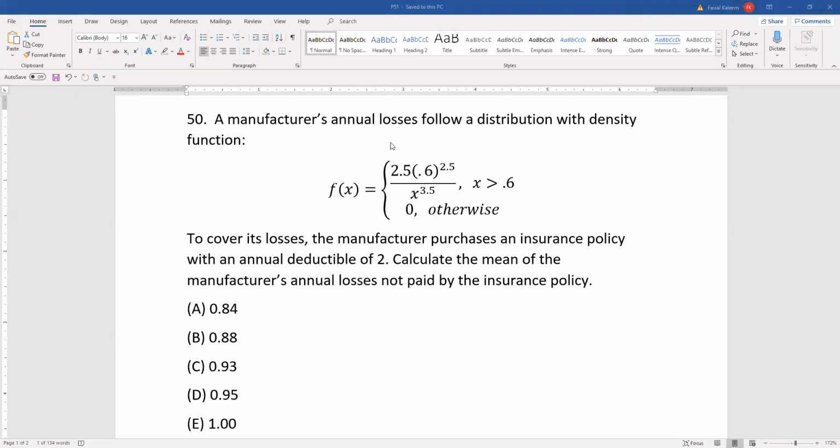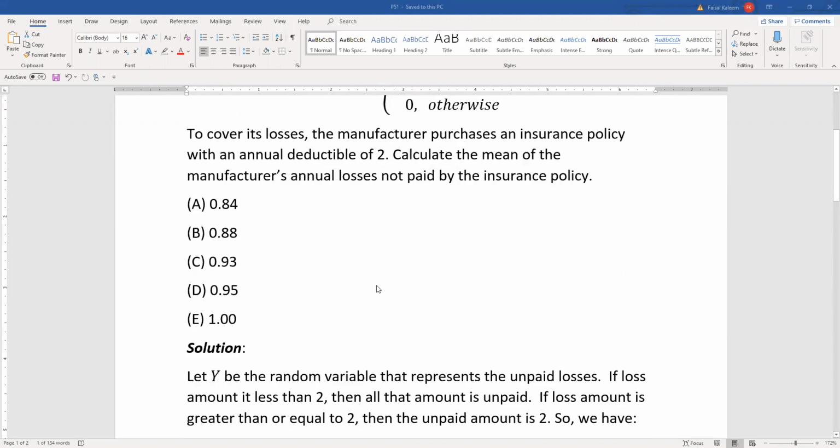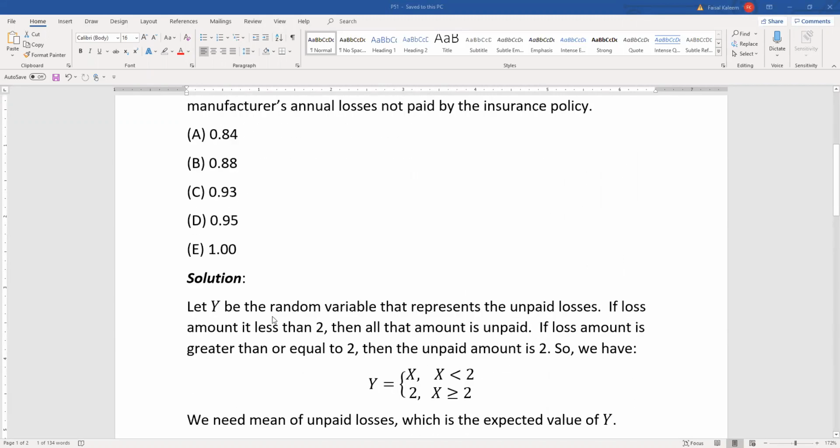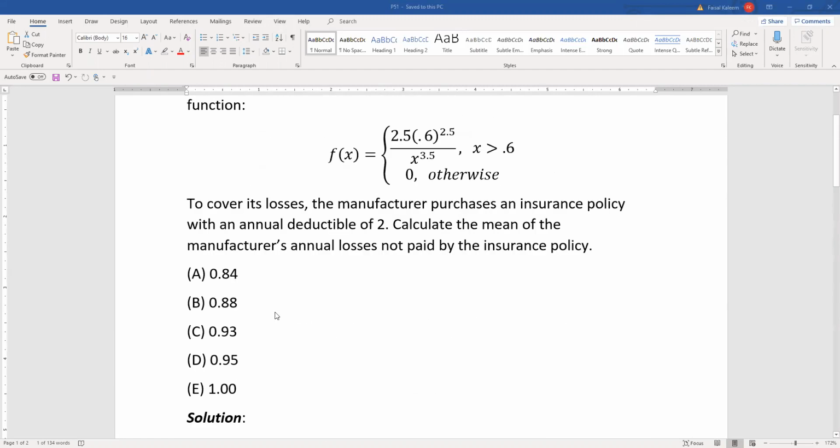A manufacturer's annual losses have this PDF. To cover its losses, the manufacturer purchases an insurance policy with an annual deductible. To calculate the mean of the unpaid losses, if Y is the random variable that represents the unpaid losses, remember, since the deductible is 2,